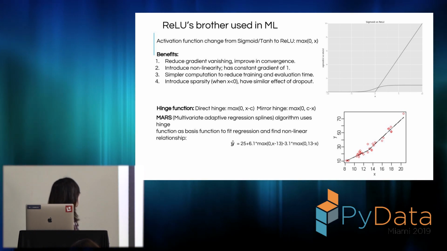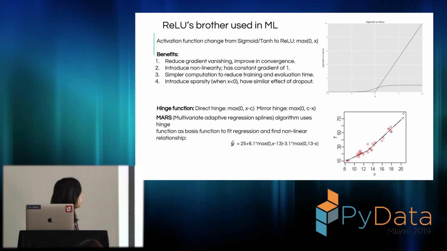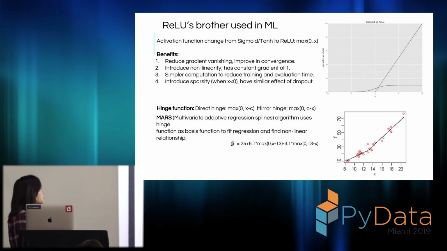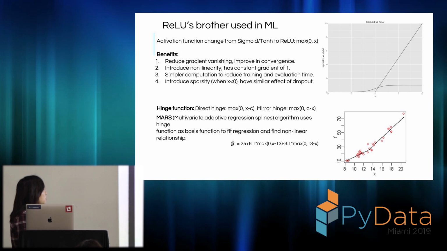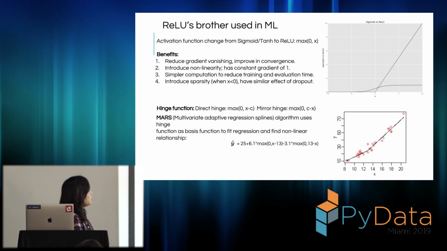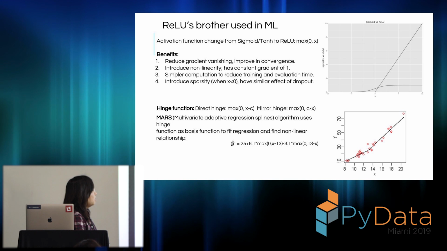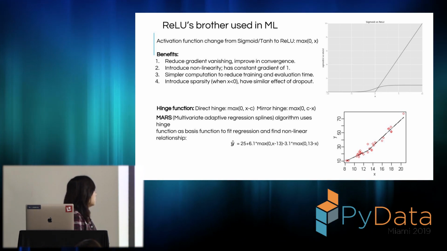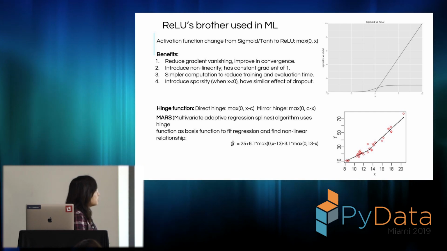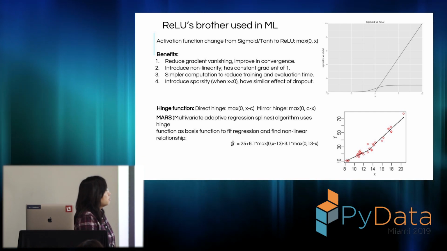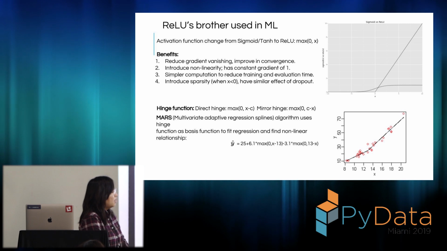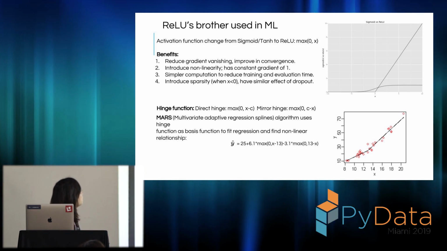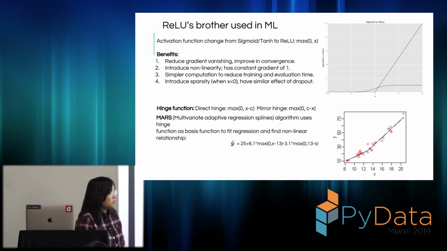One of my favorite traditional machine learning methods is called MARS, multivariate adaptive regression spline. And MARS is basically using a pair of hinge functions to track the nonlinear relationship between variables. It's a pretty good algorithm, can capture nonlinearity, and also provides relatively higher accuracy than linear regression. Actually, this hinge function appeared, as I said, a long time ago.